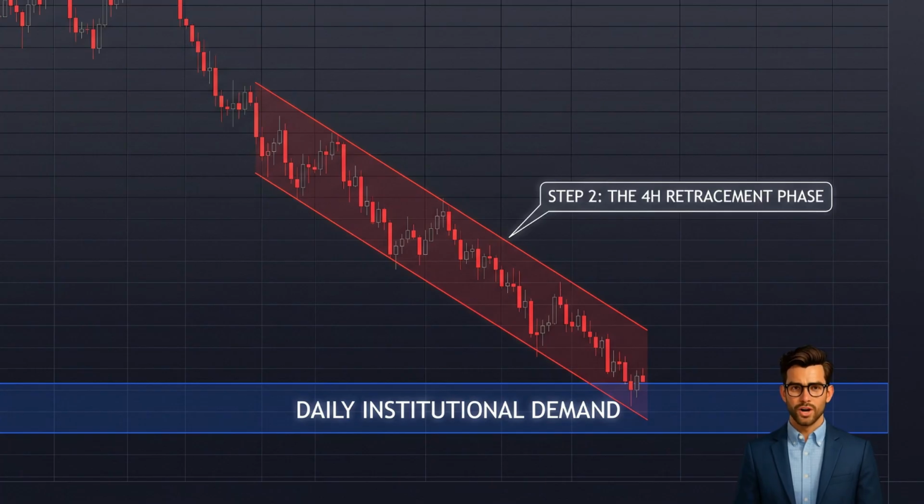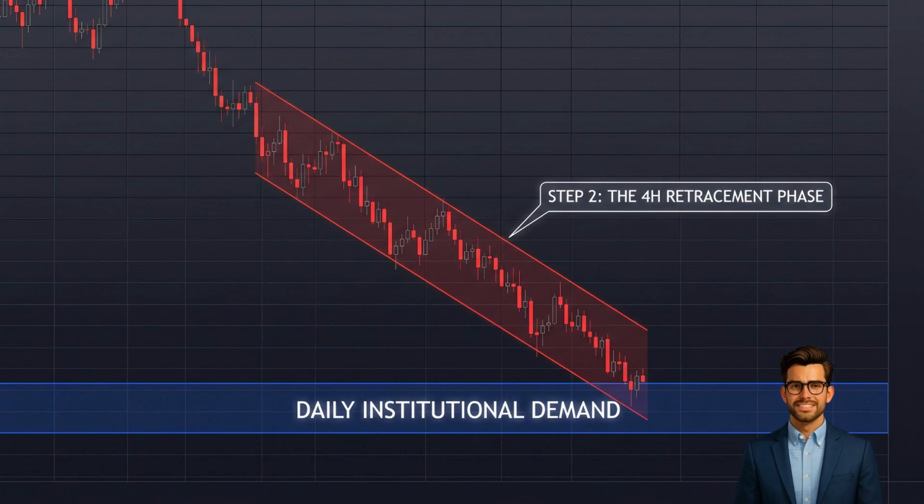When you open the 4-hour chart, what does that drop look like? It looks like a completely valid, aggressive downtrend. The 4-hour chart has been making lower lows and lower highs for several days to reach this point. This is the exact moment where uneducated retail traders fail. They look at the 4-hour chart, see heavy bearish momentum, and they initiate short sell positions. They are blinded by the lower time frame momentum and completely unaware they are selling directly into a daily institutional